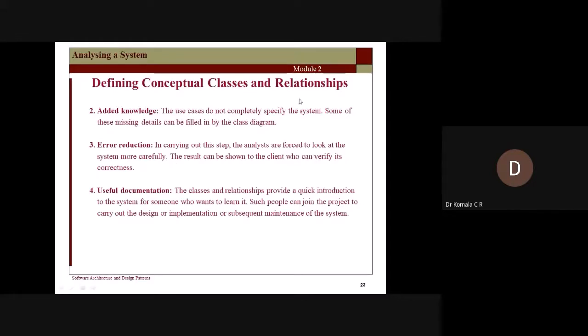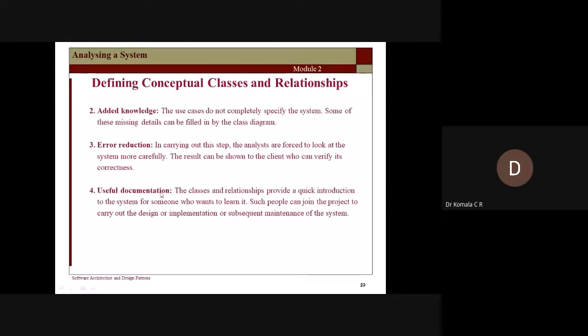When you perform the operation, the analyst should take care that there is no error and no failure, so the result can be shown to the client, because once you finish, you are going to deliver the product to the client. Before delivering, you should check whether any error is there. The result can be shown to the client, who can verify its correctness. Finally, the client is going to check whether you have given the product according to his requirement.